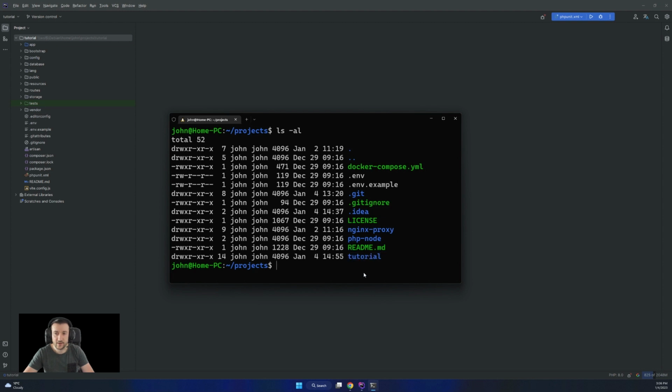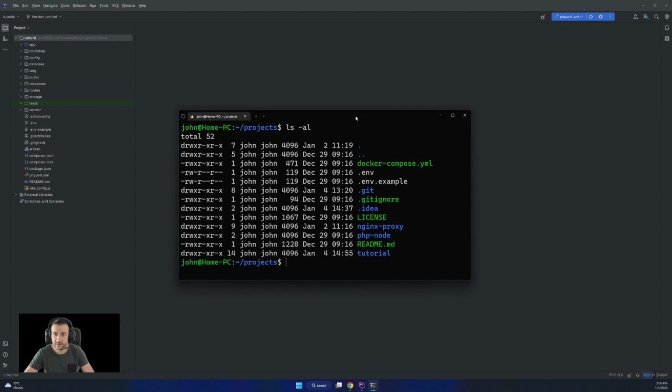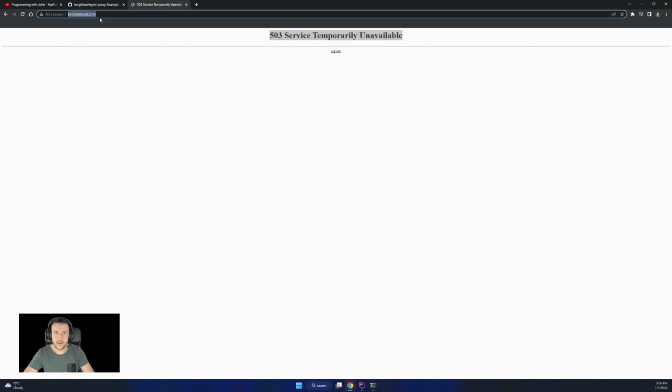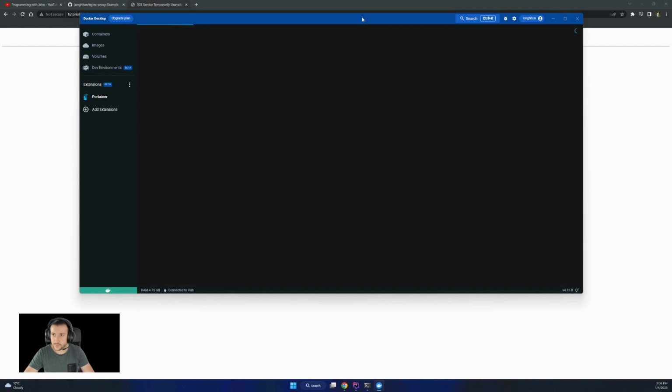We want tutorial to have its own Docker Compose and Docker settings, and to run as an independent container from projects, because we want to define a vhost and access it through http tutorial.local, which now gives 503 service temporarily unavailable.